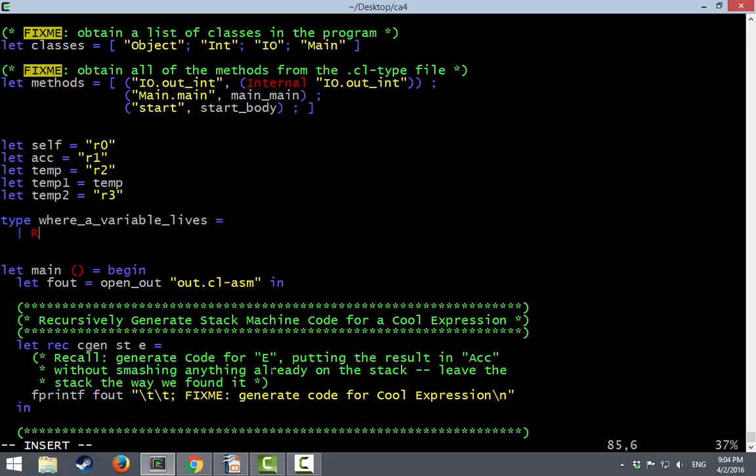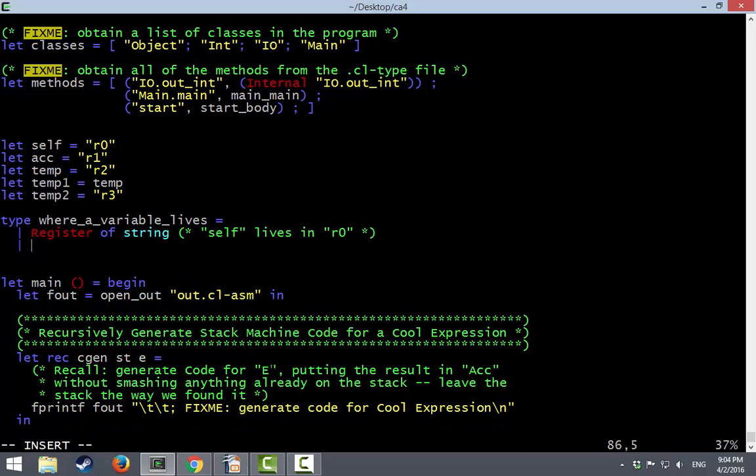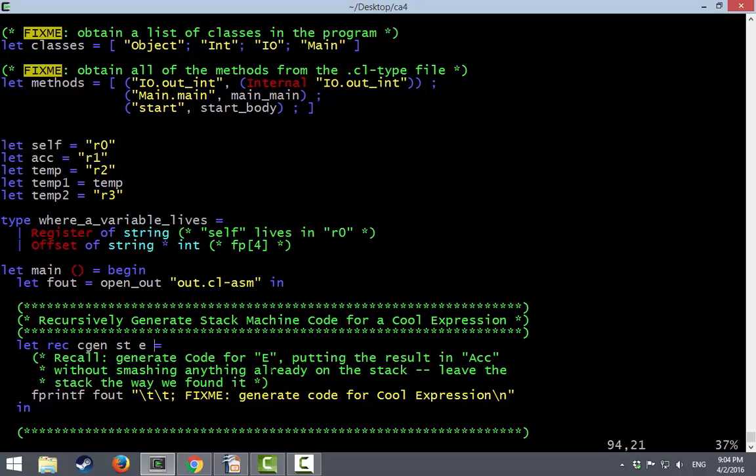It could live directly in a register, like self lives in R0, or it could be at some offset. For example, it could be at something like frame pointer, bracket 4 or whatnot. So this is a register and then an integer. Our symbol table here